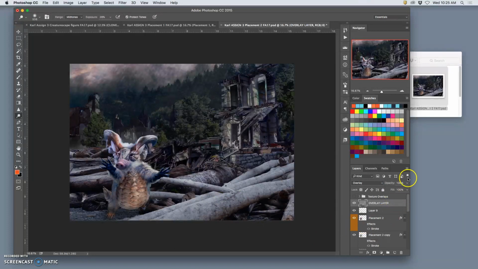Now, because it's on its own layer as well, I can play with the opacity of it because we tend to overdo when we dodge and burn. And I can say, yeah, I like what I did. It's really helping my character kind of sit down in the space. But I only want it at about 77%. I don't need it at fully 100, and you can decide. Now, what it won't do